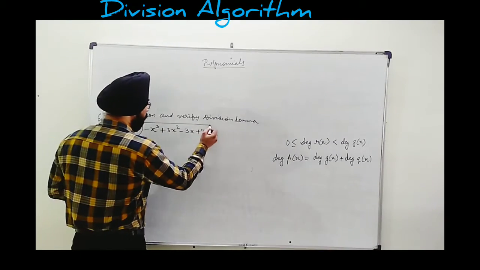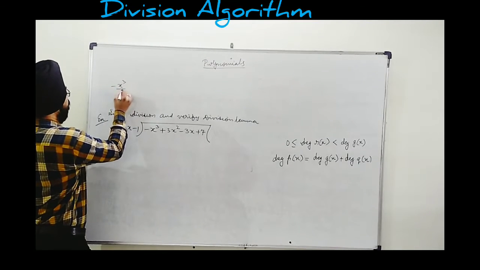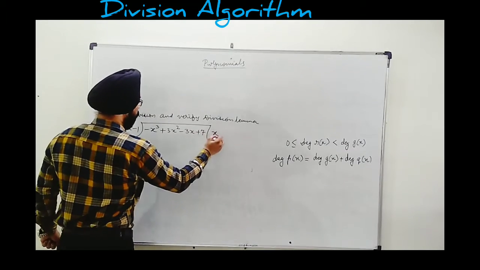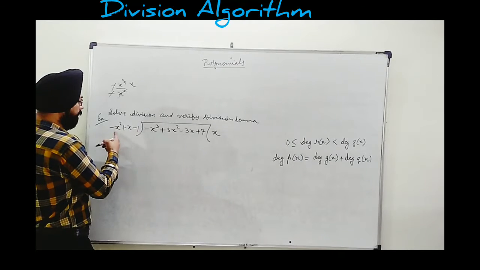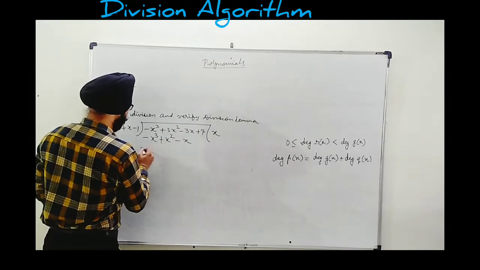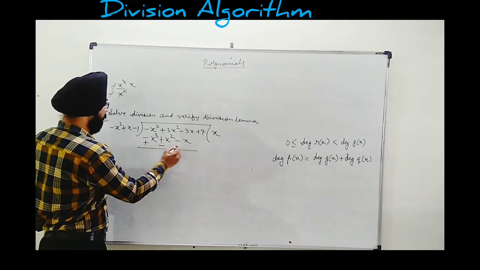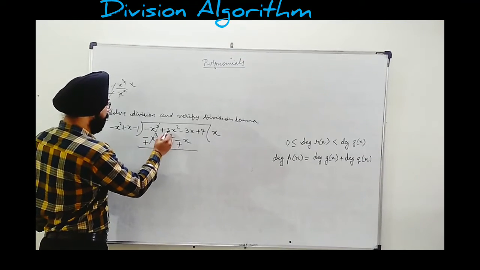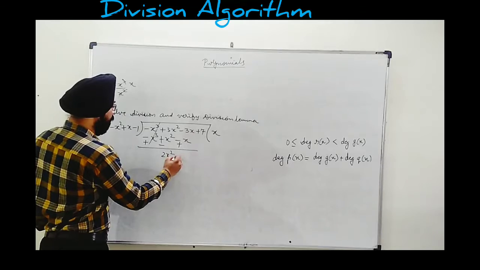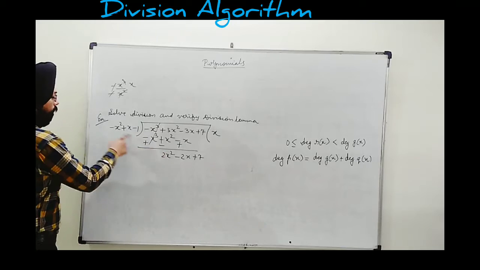Here the divisor will be taken as it is. First term divided by first term: we get minus x cube divided by minus x square. x is the result. This x will be multiplied into each of the terms of the divisor. We get minus x cube plus x square minus x. Because of subtraction, all the terms will have their signs opposite. Plus, minus, plus; cancelled out. Solving, we get 3 minus 1. These are like terms, be careful. 3 minus 1 becomes 2x square. This will become minus 2x plus 7. Check the degree. Degree is 2, equal to the divisor.